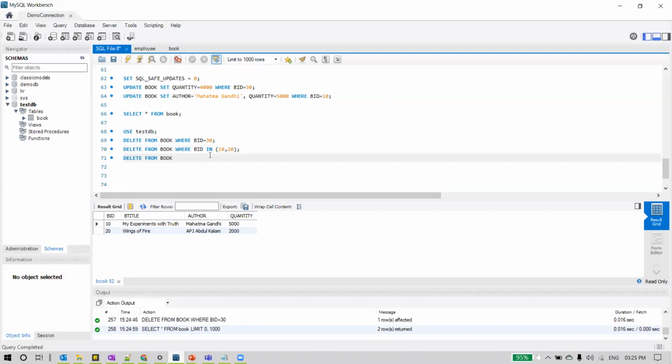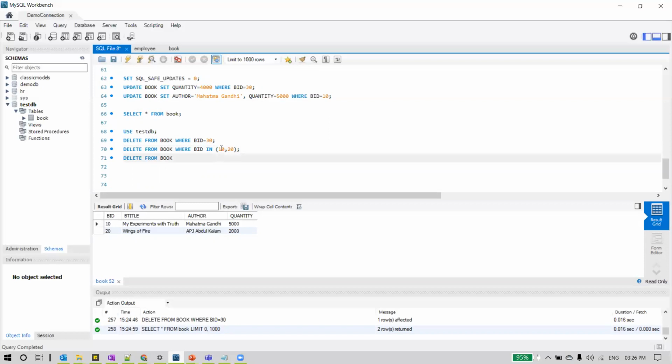In the earlier case, when my book ID matched 30, we deleted that row. Now we have some list of values. If book ID matches any of this list of values, then delete all these rows. For that, in the last session we learned we can use the in keyword.